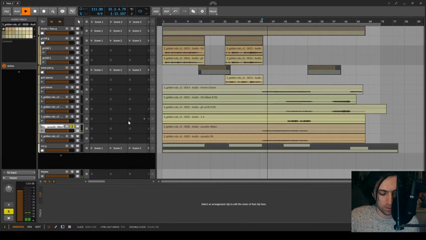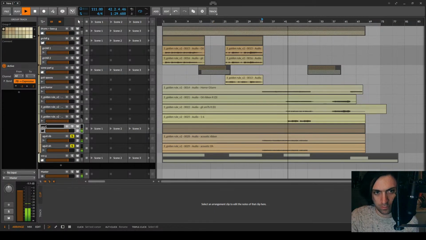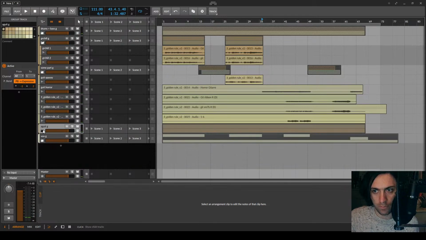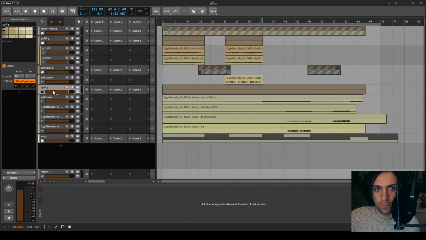Oh cool, acoustic. Okay, acoustic guitar is now here. Horror guitar is here.